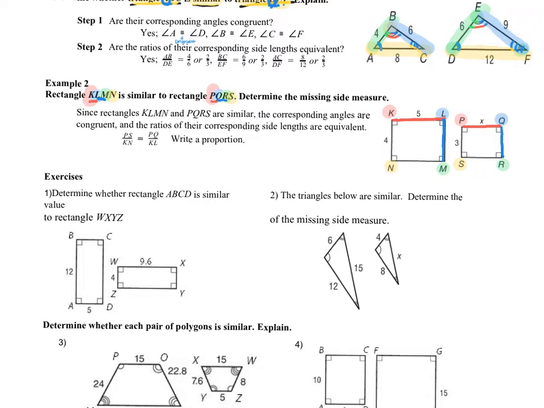Okay. MN and RS, MN and RS are going to be proportional. And then NK,